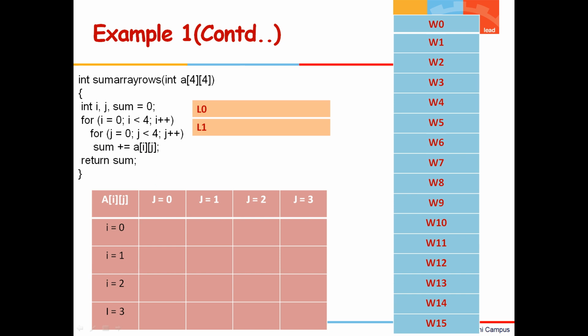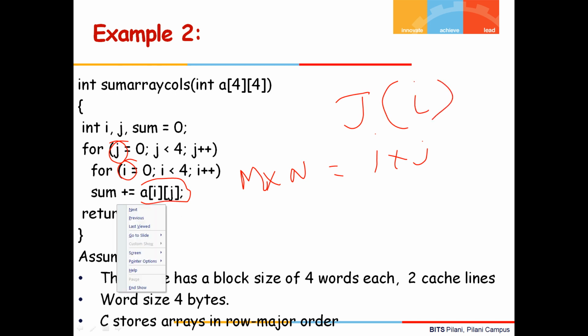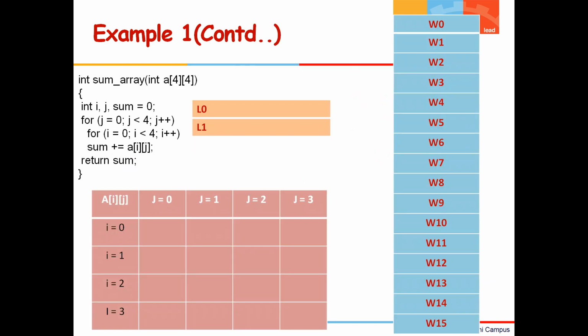Now, in contrast, let us have a look at another example where the outer loop is J and the inner loop is I. So even though we have a matrix of M by N, that is I by J, we are actually referring to J as the column, J as the row, J as the outer element, and the inner element is I. So I is going to vary at that particular rate. That is inside. So the cache has a block size. We are repeating this, the same cache. Let us have a look at how it works.